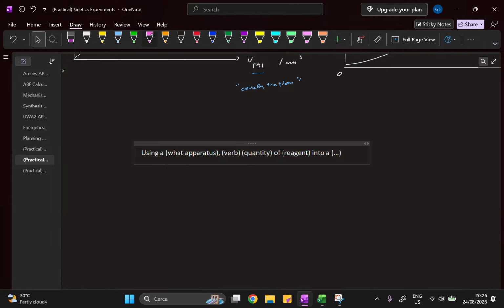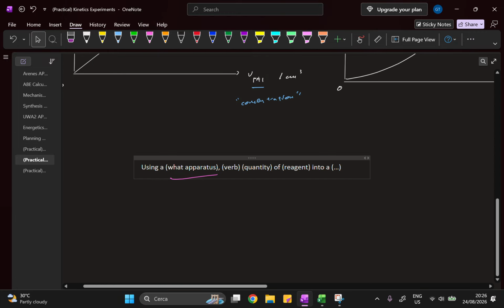When you write what apparatus, I cannot just say use a measuring cylinder. I use a 10 cm cube measuring cylinder, 20 cm cube, 50 cm cube, 100 cm cube, and so on. So I cannot just say use a measuring cylinder. I must specify the volume of the measuring cylinder. I need to specify the volume of the thing I'm transferring it to. Okay? And then when I give the quantity,